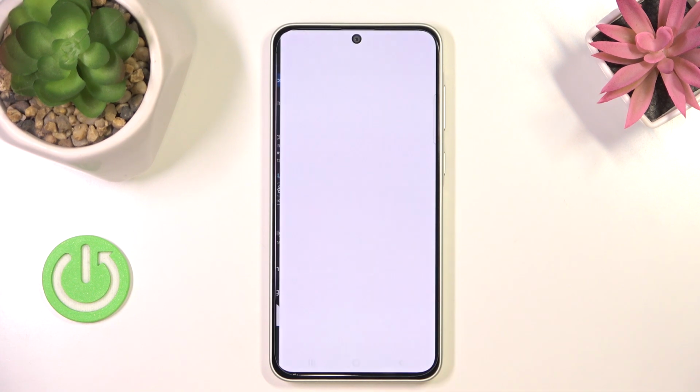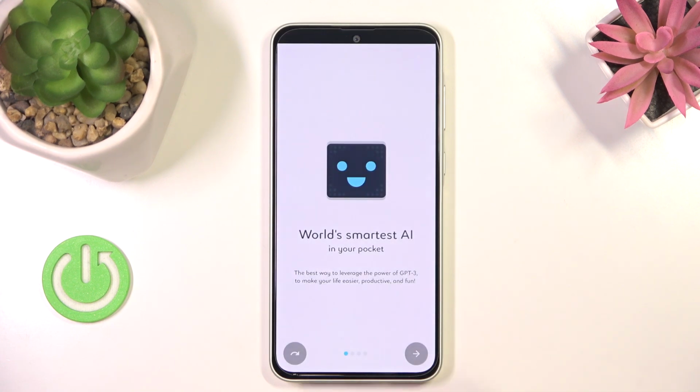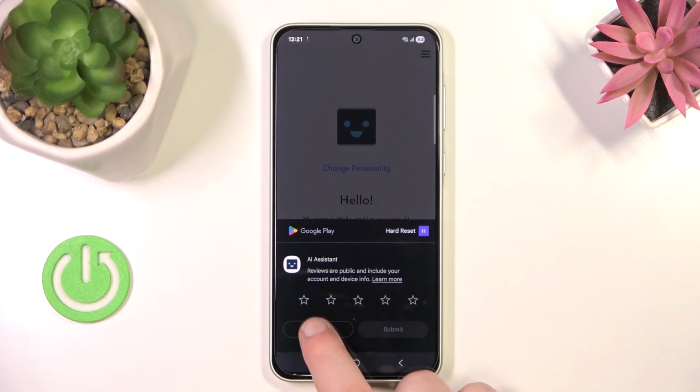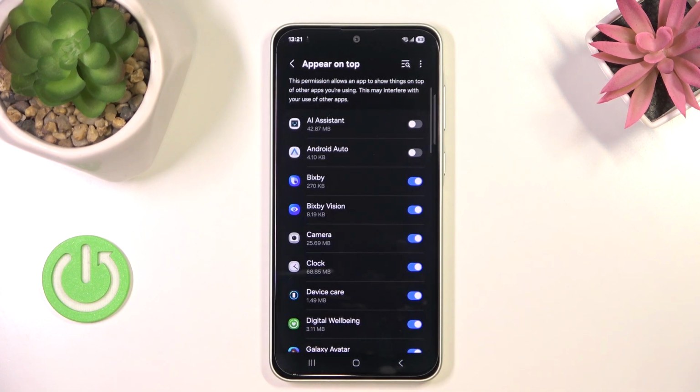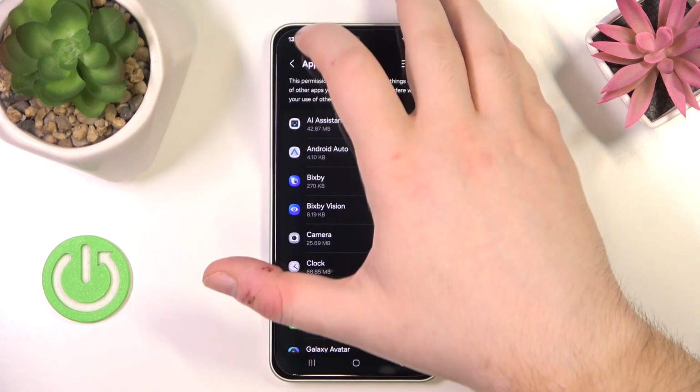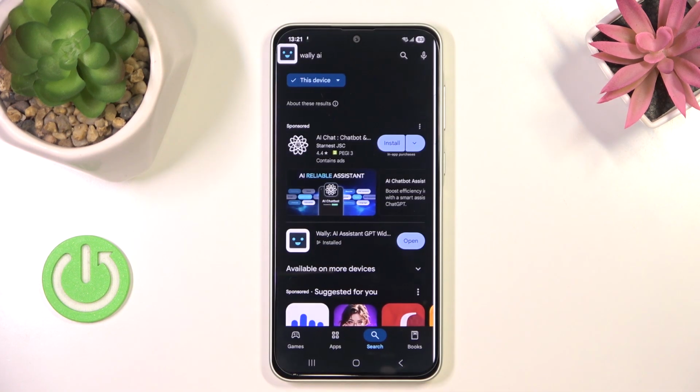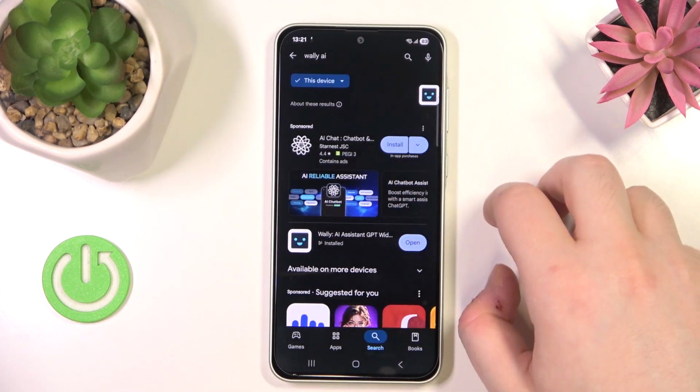Now you can click open, and then click on this button to skip your introduction and click not now. Now click open permissions and click here to enable your AI assistant to appear on top, and now you can go back. Then click start, and as you can see right here is my Chat GPT widget, and I can